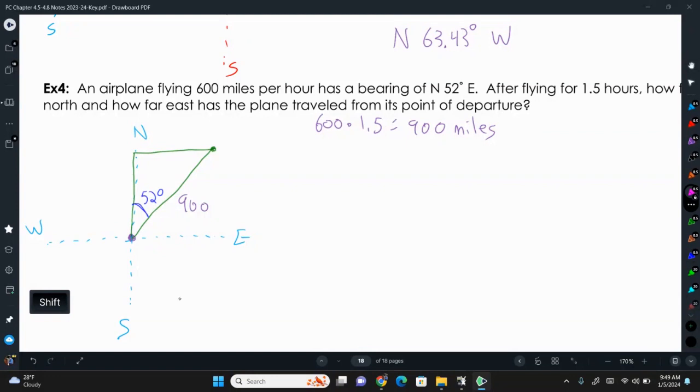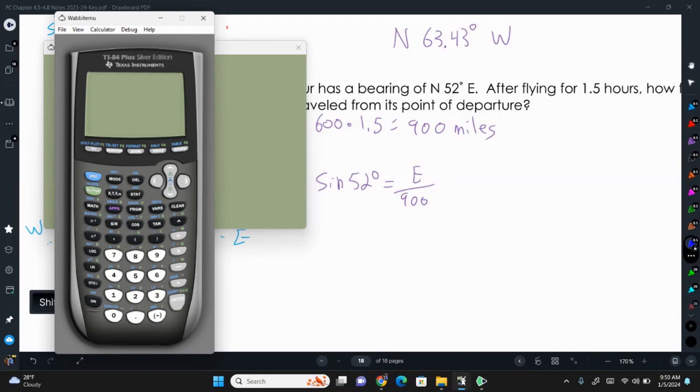So here's our east and north value. So to get the east value, that's going to be the opposite over hypotenuse. So it's going to be the sine of 52 degrees equals east over 900. Multiply both sides by 900. So 900 times sine of 52, and we get 709.21